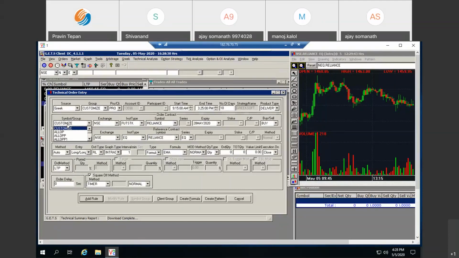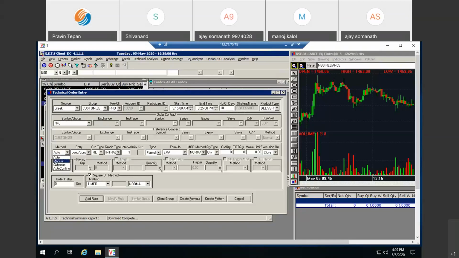If you want to run this EMA code on a basket, you can select your basket, your portfolio, here. So let's say N40 is my 40 script portfolio. You can select any basket you have made from MarketWatch. For this, you have to make the portfolio in the MarketWatch and save that portfolio. So it will appear automatically here. I have made the 40 script portfolio on the MarketWatch, and I have saved it as N40. So it is appearing here as N40. So I have taken the N40 portfolio here.